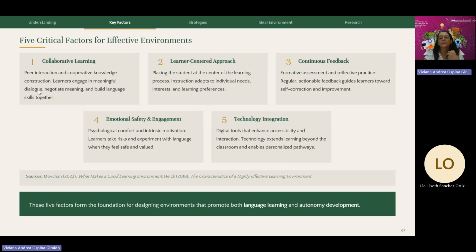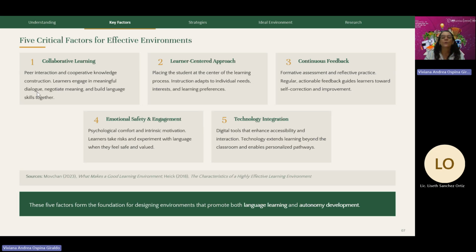Continuous feedback. The mediator then becomes part of the learning process by being constantly present in this process. It's important to keep this place safe. So when students feel safe and valued, they will learn easier. They are able to take risks and experiment with different information. That way, they are able to keep motivation up high and construct knowledge with others.